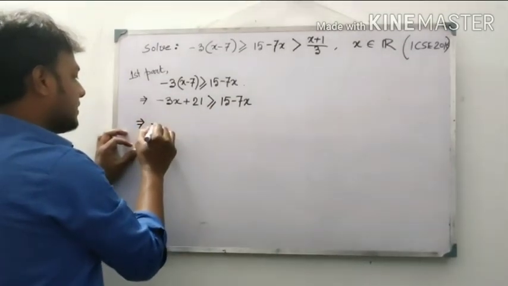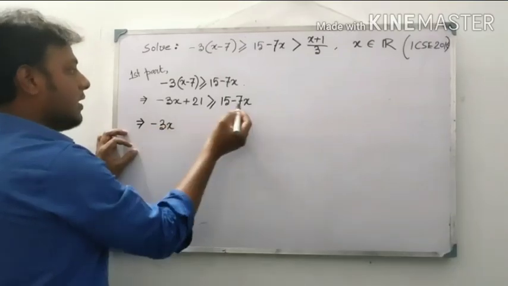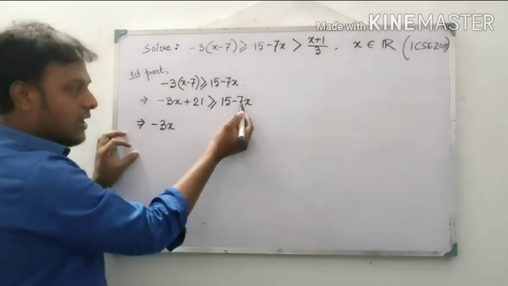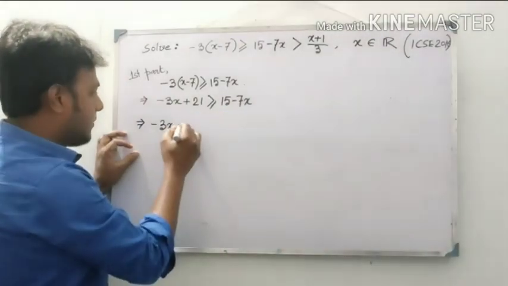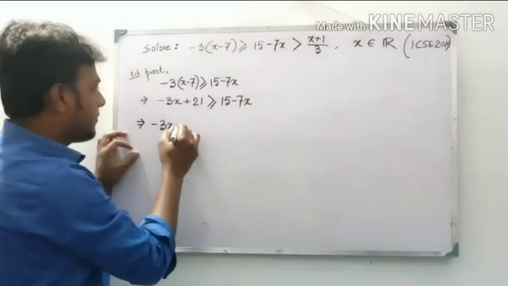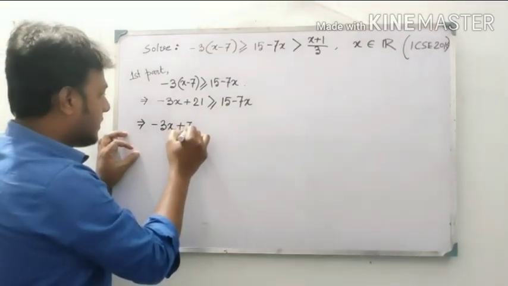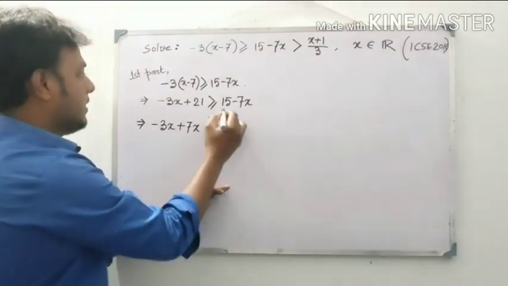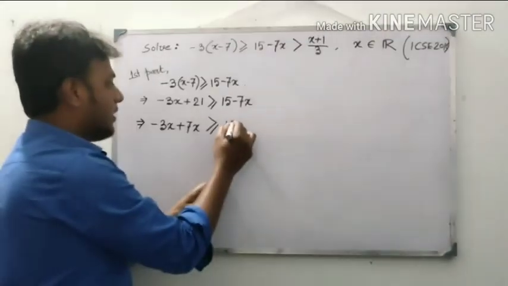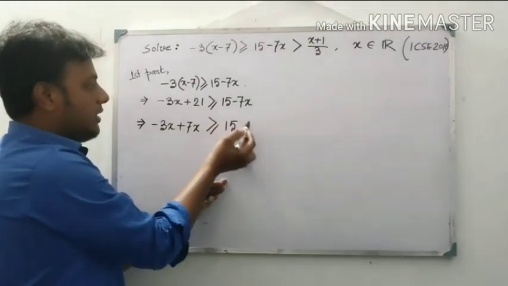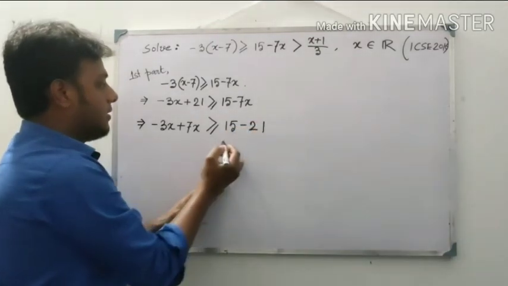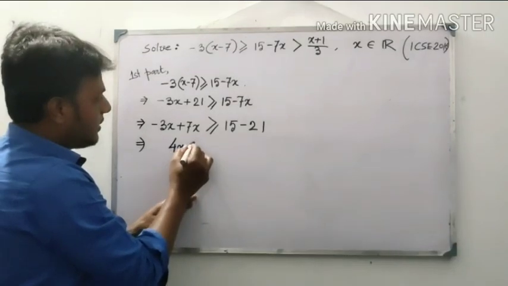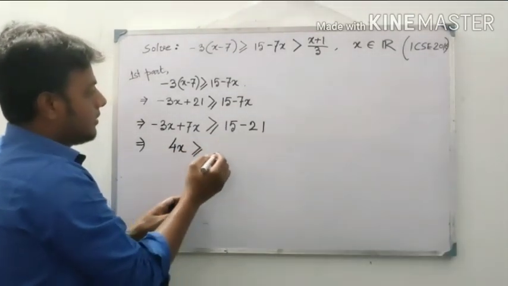Minus 3x is already on the left hand side. We bring this 7x to the left hand side, and it becomes negative on this side. So it will be minus 3x plus 7x greater than or equal to 15, and if you consider this 21 on the other side, then it will be minus 21. Understood? So after simplifying, 4x greater than or equal to